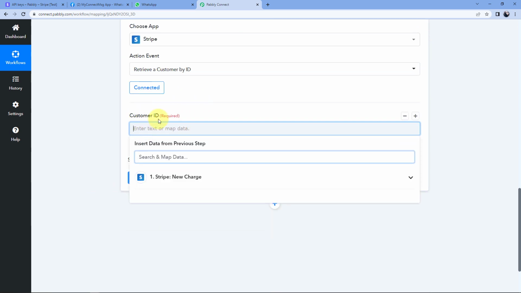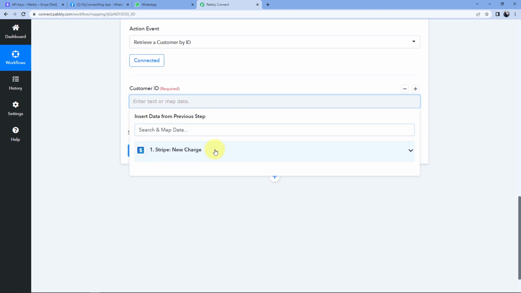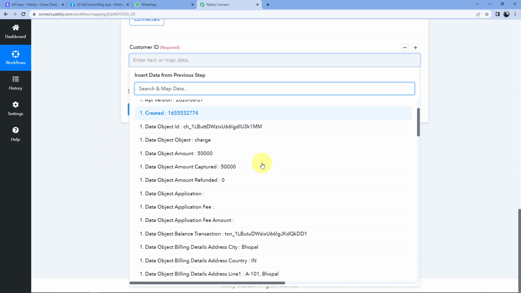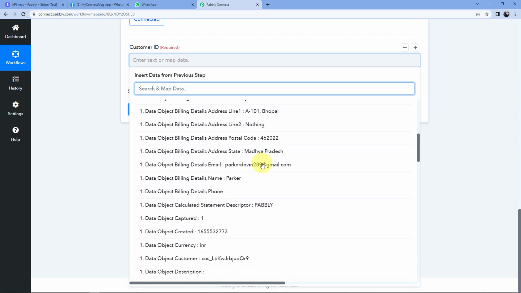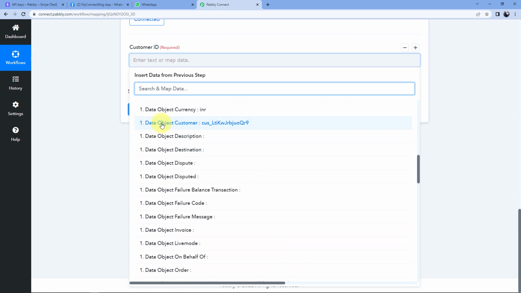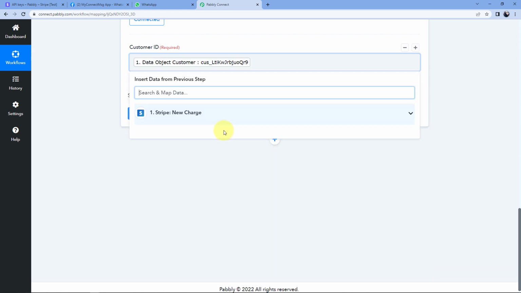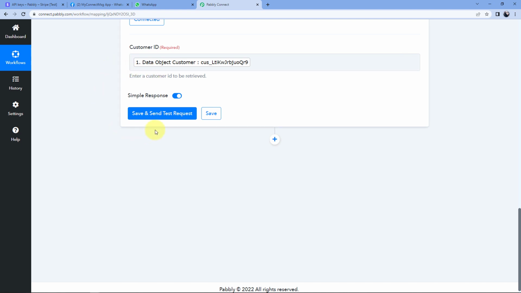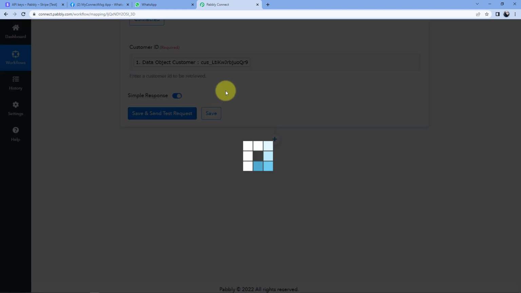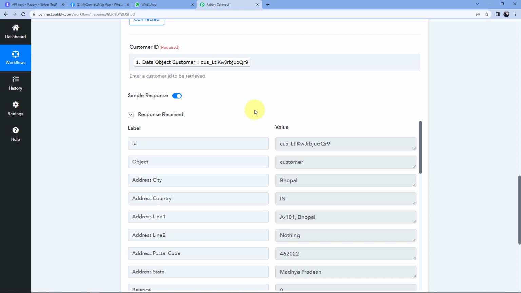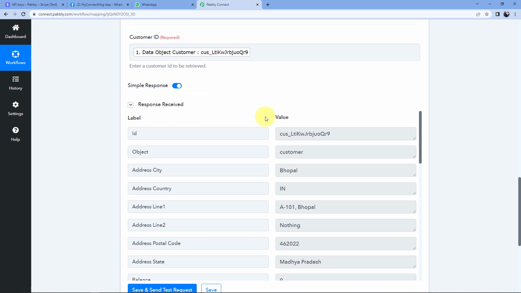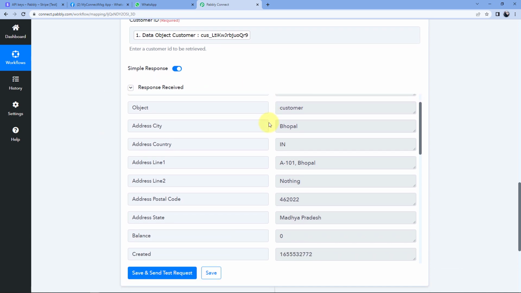Just click on this field, and in the drop down below, you can see all the responses which we have received from Stripe. Out of all these responses, select the response for customer ID. And after mapping the details, just click on Save and Send Test Request. Now we can see that in the response, we have received the details of the same customer who made the